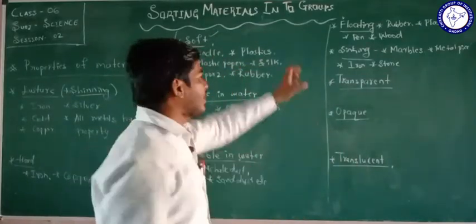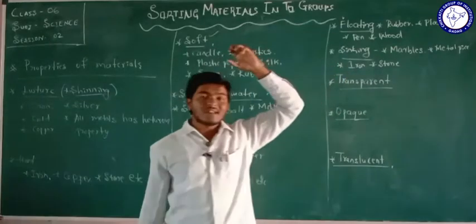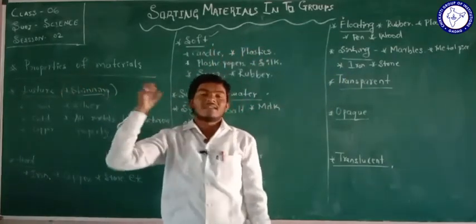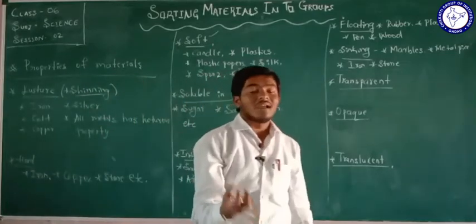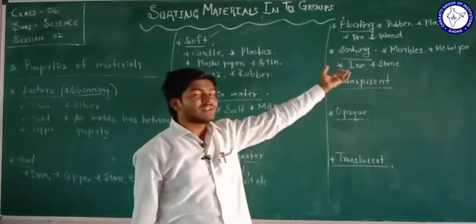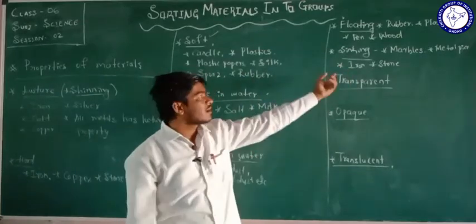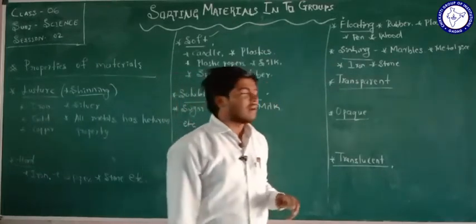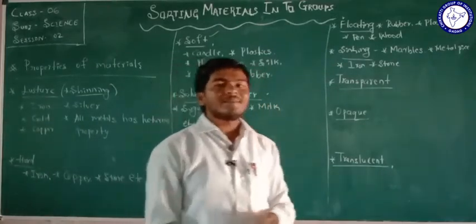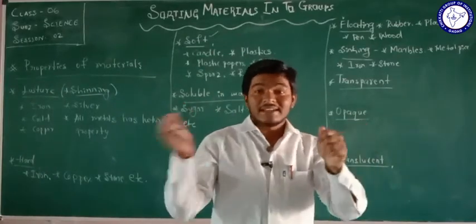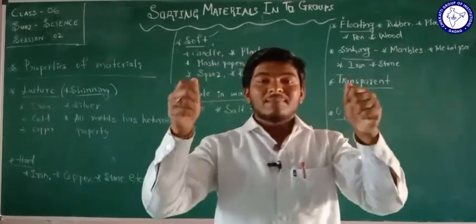So we are going to make groups based on the sinking property. The materials which sink in the water are called sinking materials. The examples of materials which sink in the water are marbles, metal pieces, iron, stone, etc. Another property of materials I am considering here: take a clear glass,